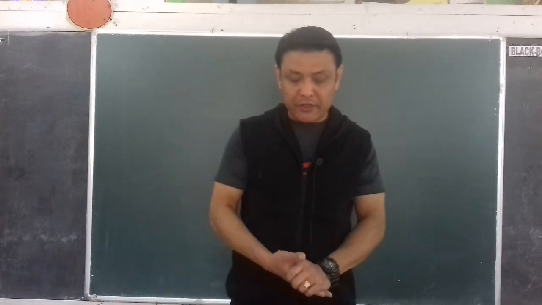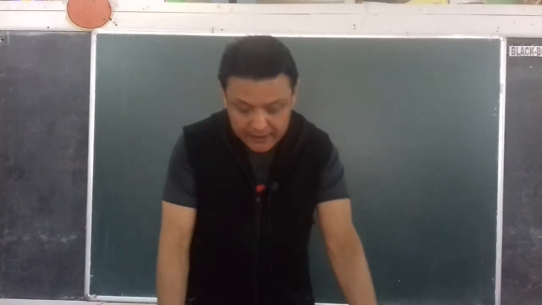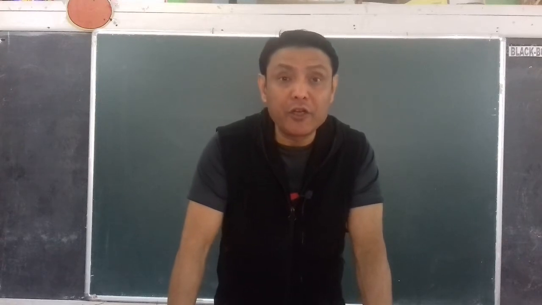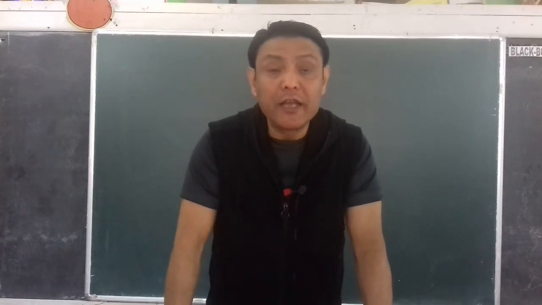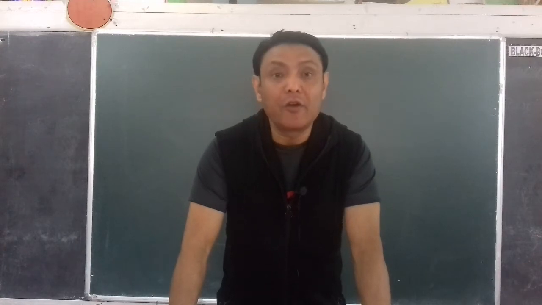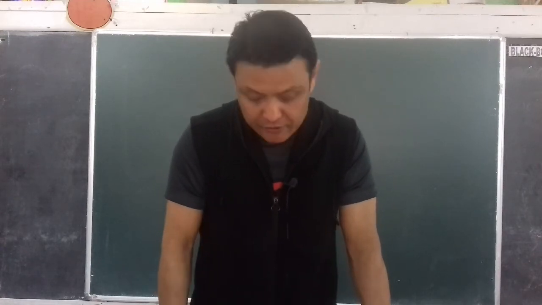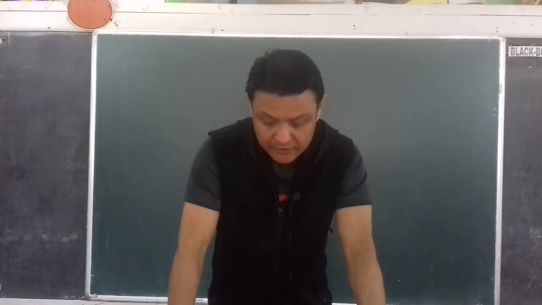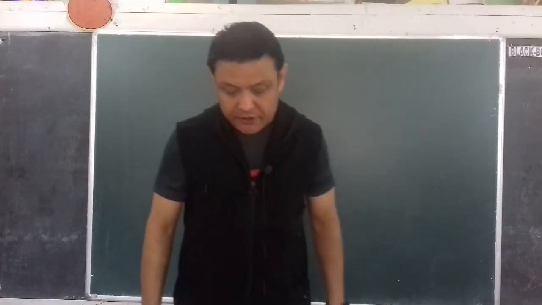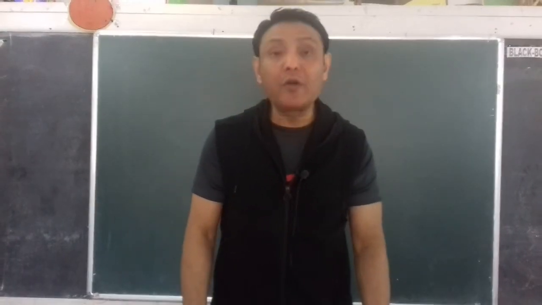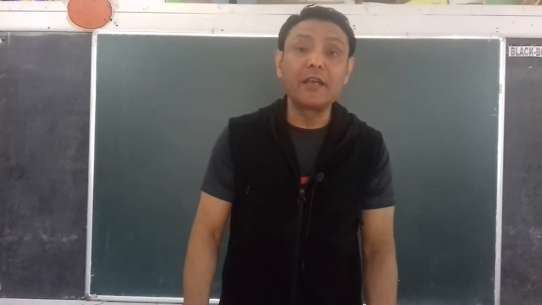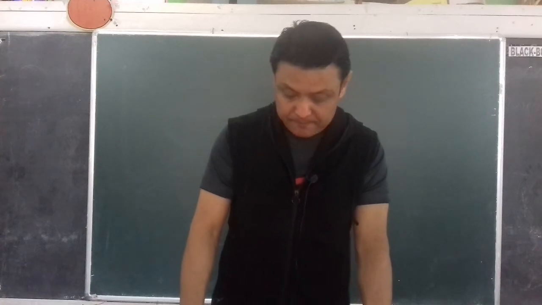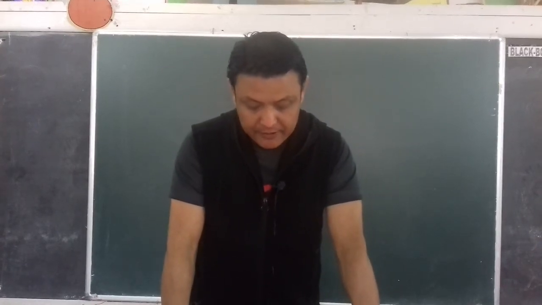Now we come to the question B, fill in the blanks. A dash change is a temporary and a reversible change. So temporary changes and reversible changes in which no new substance is formed is obviously a physical change. So the answer is physical change. Question number 2. In a chemical change, the original substance loses its own dash and properties. Obviously it is composition and properties. So the answer is composition.